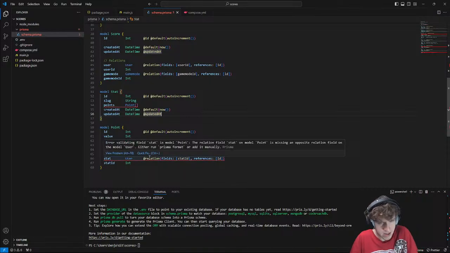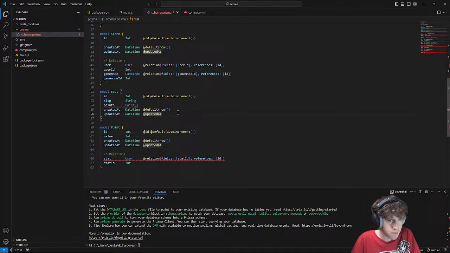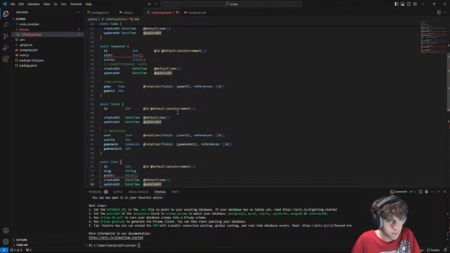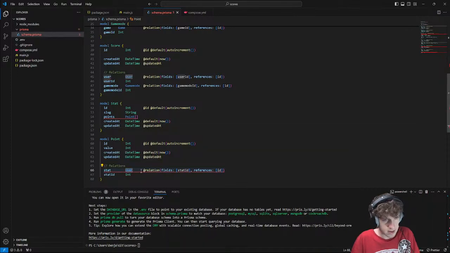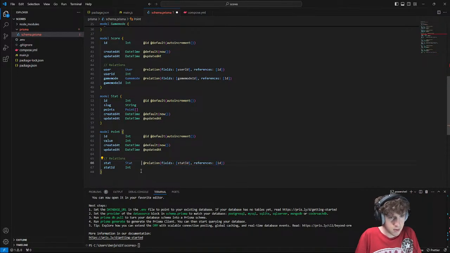Why is it missing an opposite relation field? Oh, on model user. Right, because I said this was user. There we go.